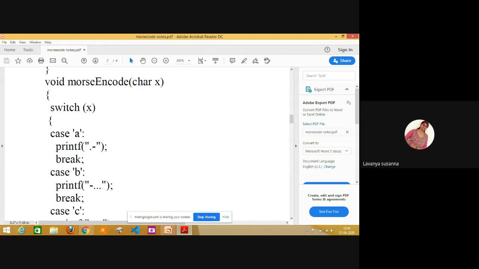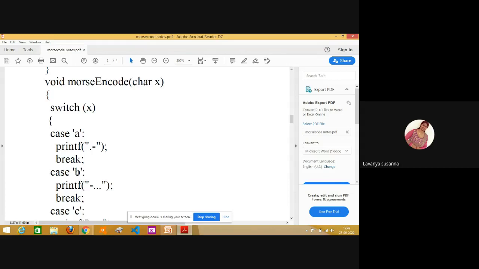If it is true, these case statements will be executed. G is not equal to A, right? Now control goes to the next case. What is the next case value? B. Is g equal to B, true or false? It is false. Remember, only when the case value is equal will these statements be executed.